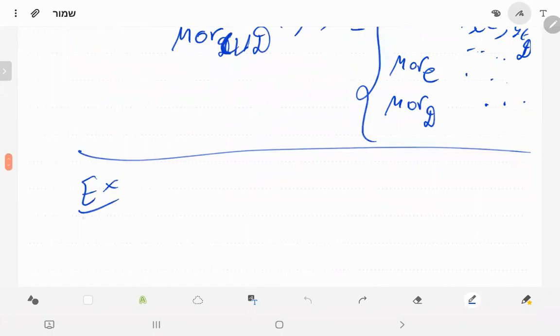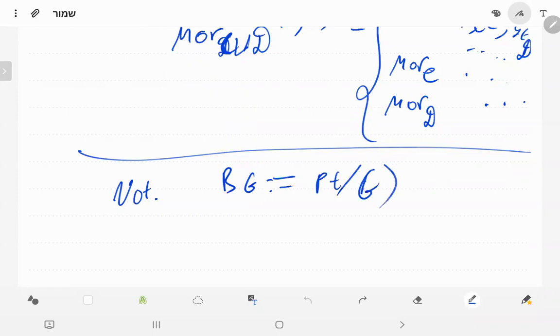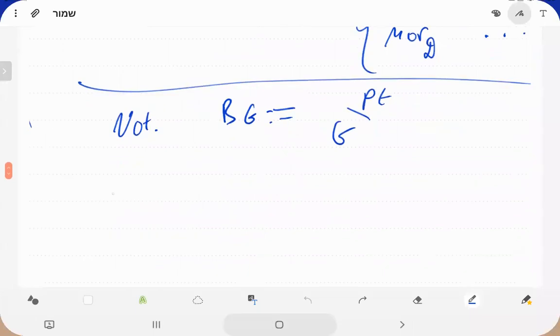So exercise. Okay, maybe before, another notation. I already said the notation long time ago, BG, but now I can say it in terms of quotient groupoid. So you take a point, you act on it with G, with trivial action, and this is BG. But of course, we had this notation before. And exercise: